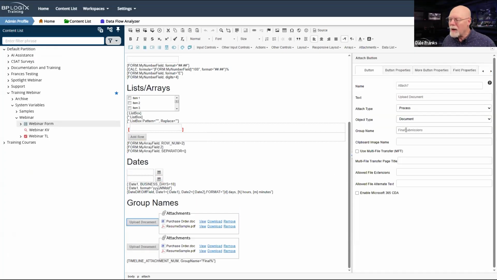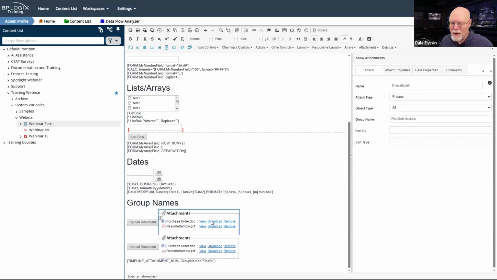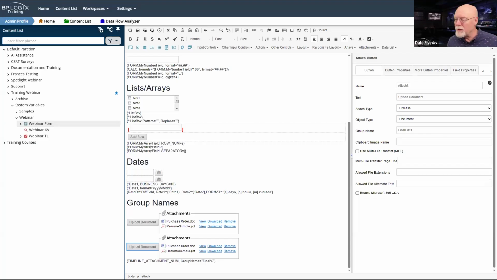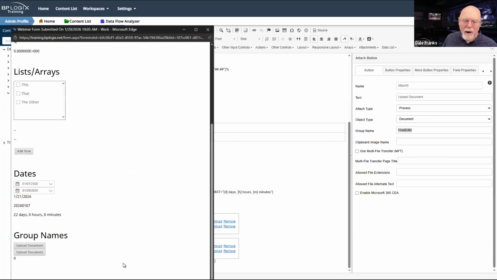So I have a group called final submissions, and that is the attach control and then the show attach control for final submissions. On the second set of controls, the group is final edits. Now, these are all process attachments, so I'm going to have to submit my form and make the process work. But first, I need to upload some documents.